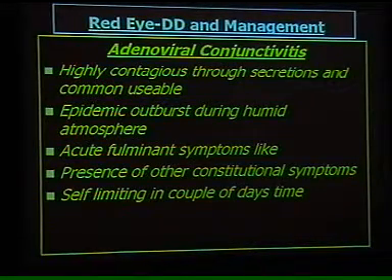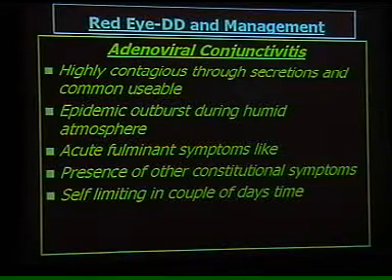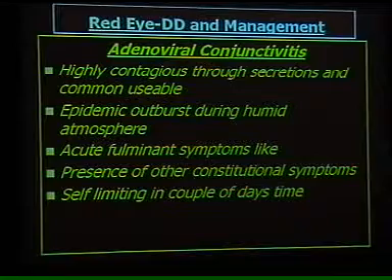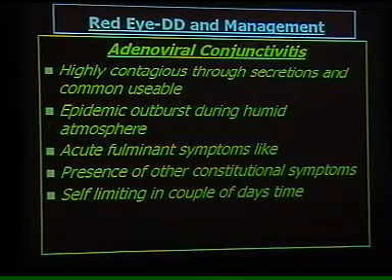Epidemic outbursts occur during the humid environment. I already mentioned that it's very fulminant and comes up very quickly. It comes up in 2 to 3 days, but settles in 7 to 10 days time. No matter whether we give treatment or we don't, it should generally, as a rule, get better, because the body's own defense mechanism takes care of it. We just give treatment to make the patient comfortable,